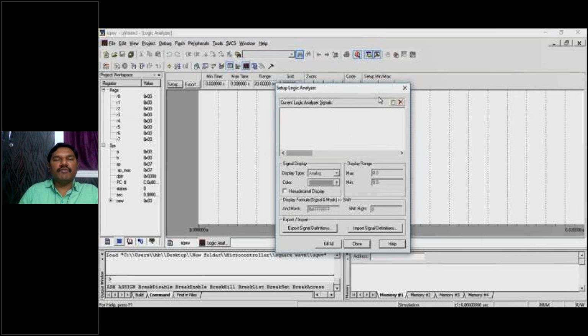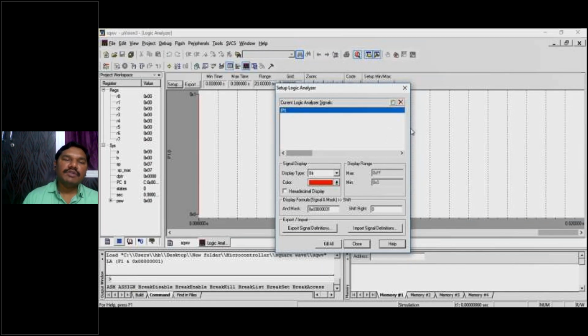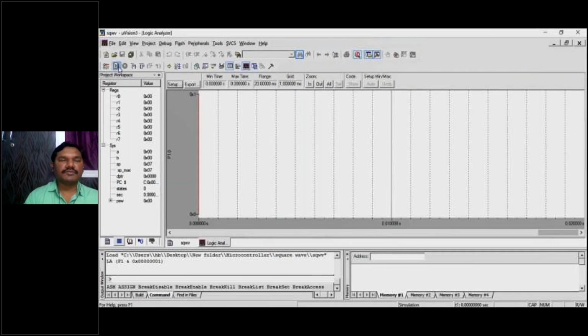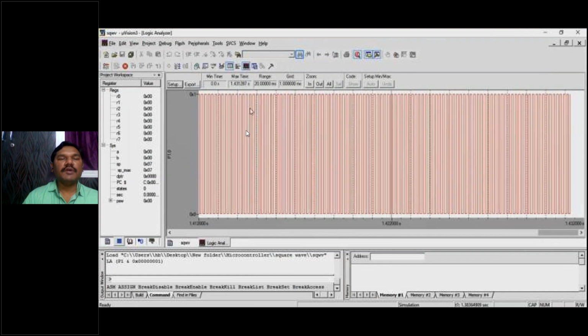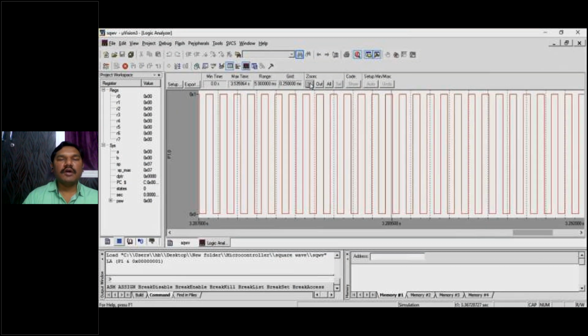Here you can see the output window. We have to set which port we want to use to generate the square wave. Square wave generation here is nothing but generating timing pulses either outside or inside of the 8051. Now I am generating using port 1.